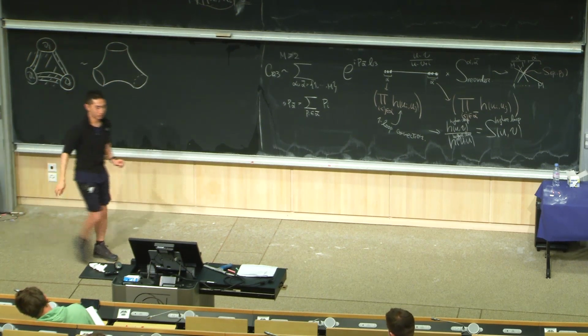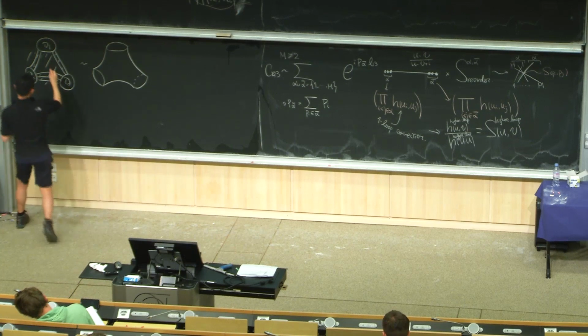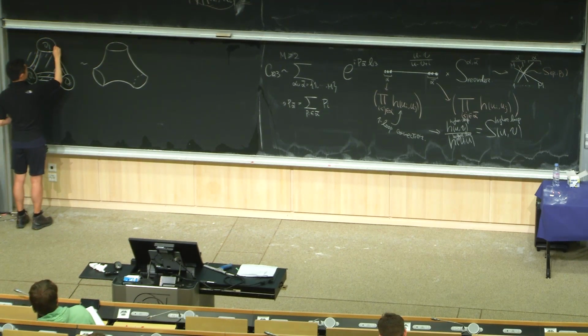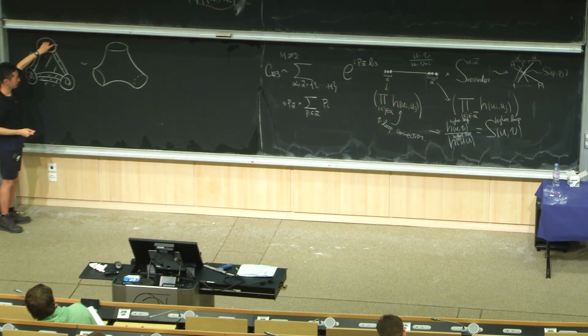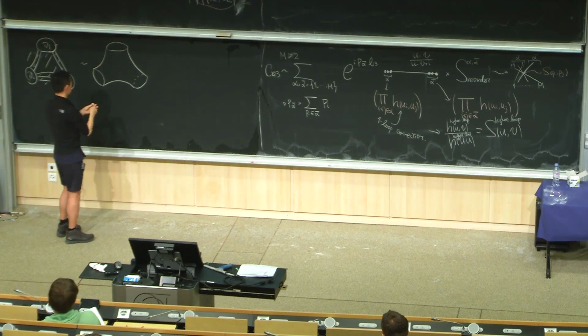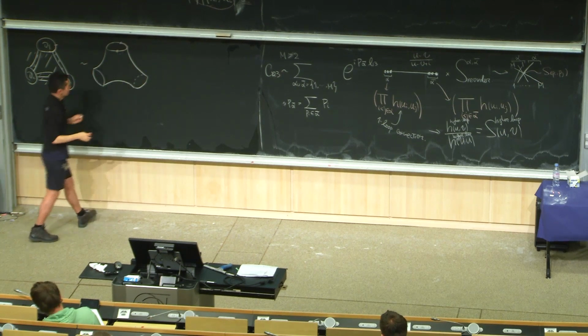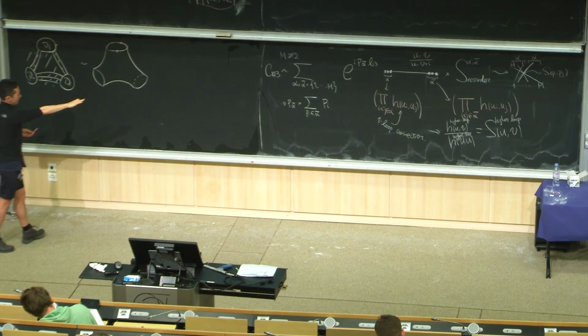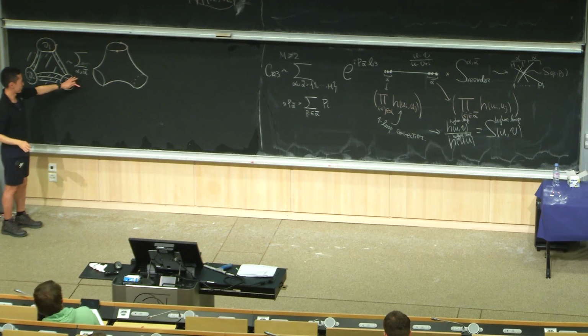Let me also remind you what we did by summing over the wave function. We basically summed over the wave function on this segment, and the result is given by the bar-type partition. The segment, if you draw it on this pair of pants, corresponds to this curve. This is the left edge, and this is the right edge. The fact that the final result is given by a sum over partitions means that